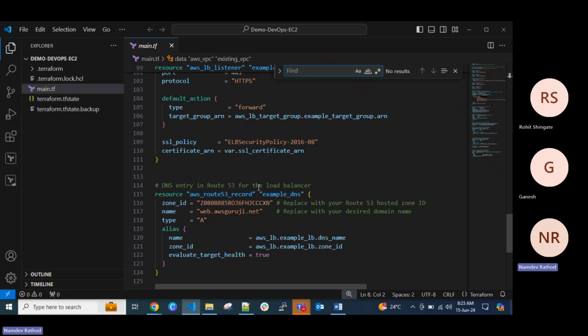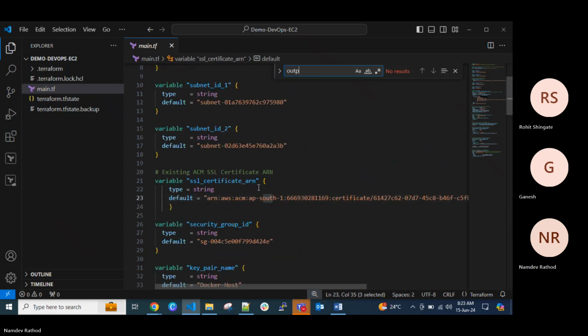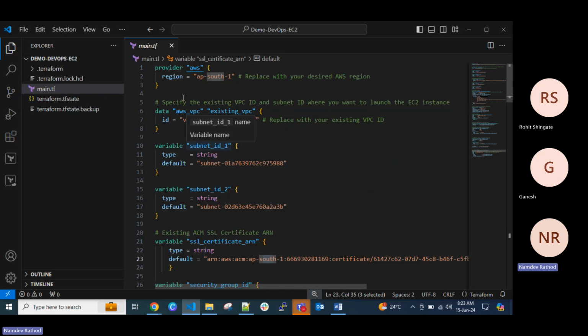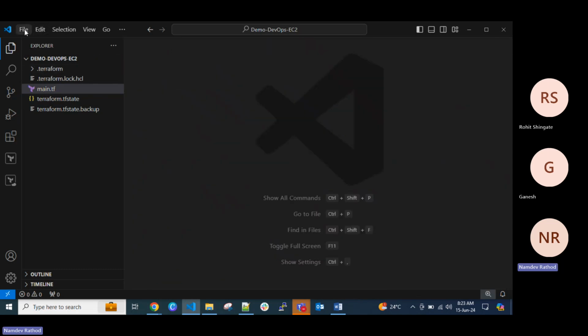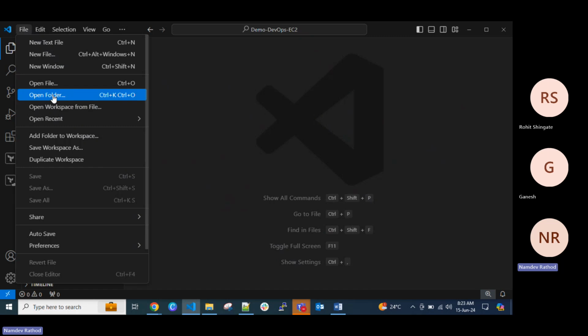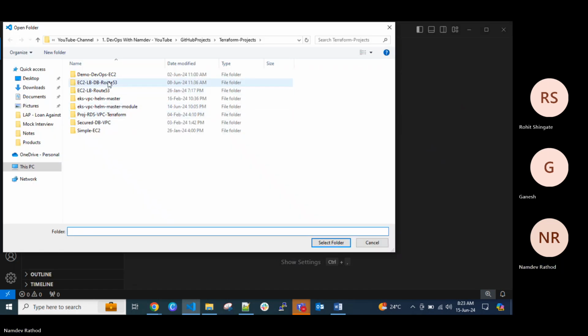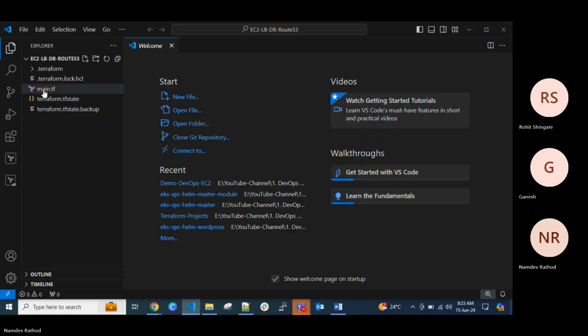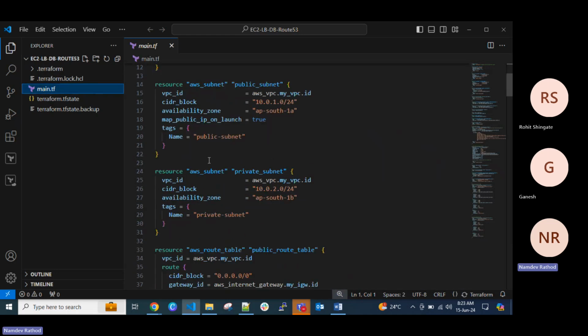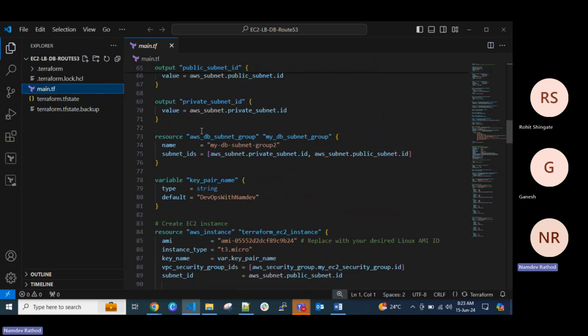Where is that output? I think that's not in this. Okay, I will show you another project where you can see the example of how we can maintain all the file structure inside the main.tf file. And let me show you one more, that output.tf file structure. I think in this might be. Let me check. Resource. Yeah, you can see here